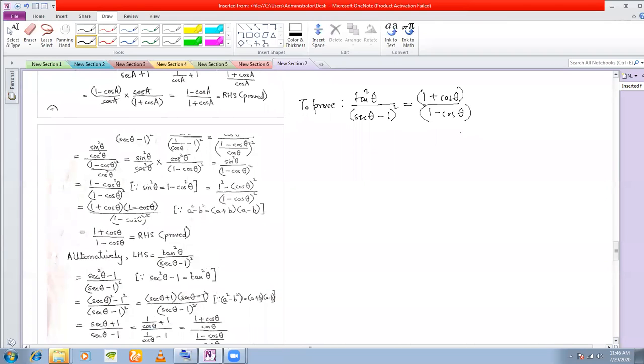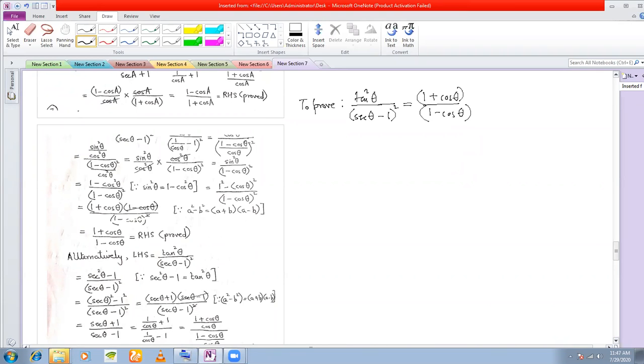Okay. Now here I'll not explain the entire problem. I'll just explain to you how to approach the problem here. The point that you have to see here is that you have a tan and a sec on the left hand side, and what you have to prove is a cos on the right hand side. So straight away what comes to your mind is that I have to change tan to sine by cos, and I have to change sec to 1 by cos. If I can do that, then the problem will be solved.